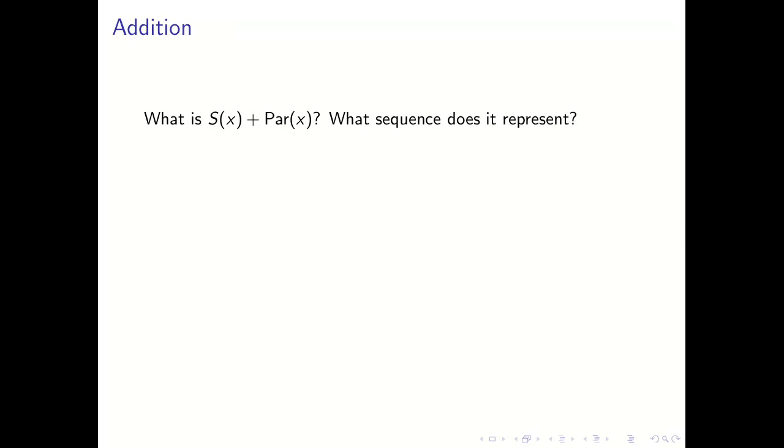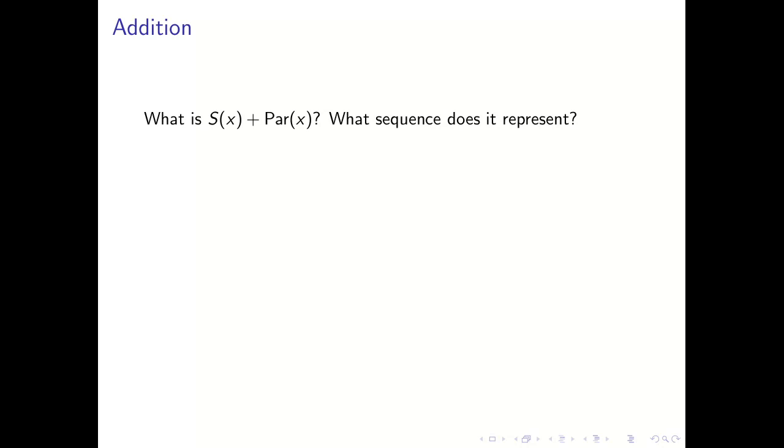So addition is kind of like the simplest thing we could do with series, right? So we've got 2 series, s of x. I didn't mention this, but I'm using s for permutations. S in this case would stand for symmetric. It's not really important that you understand why, but if you're interested, that's why it's an S.